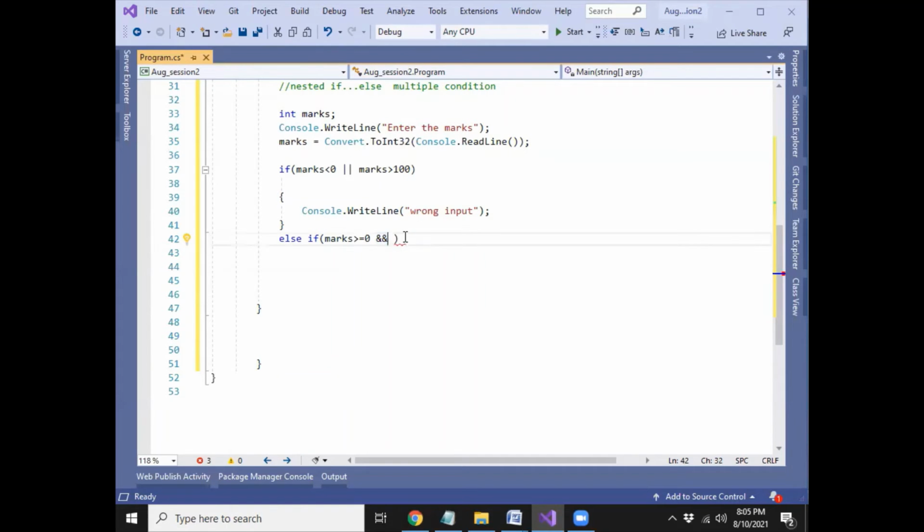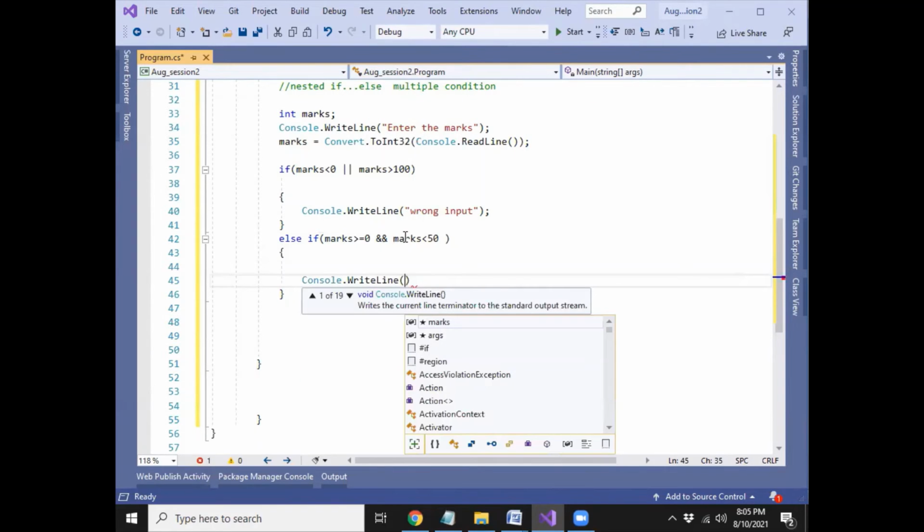So here I am completing this particular condition. If the marks is greater than or equal to 0 and the marks is less than 50, then what? Then you have to put the message over there, that is fail.